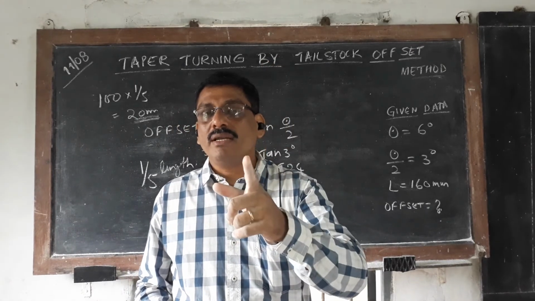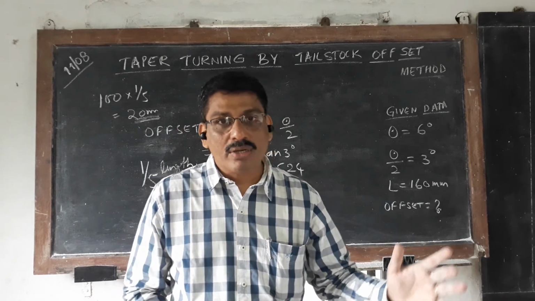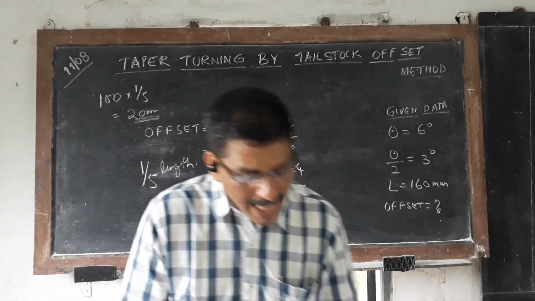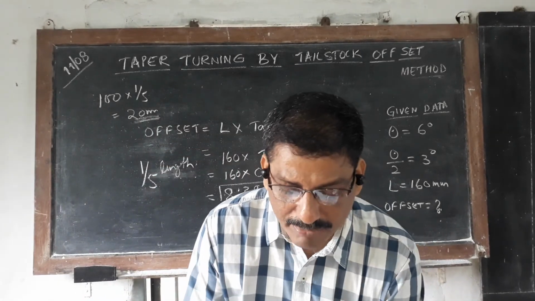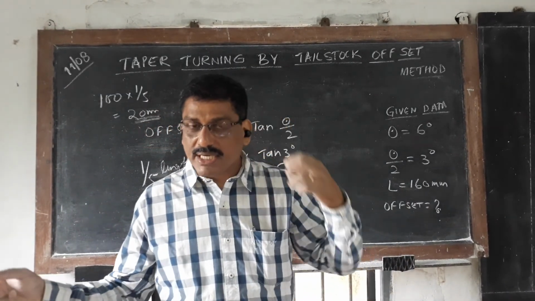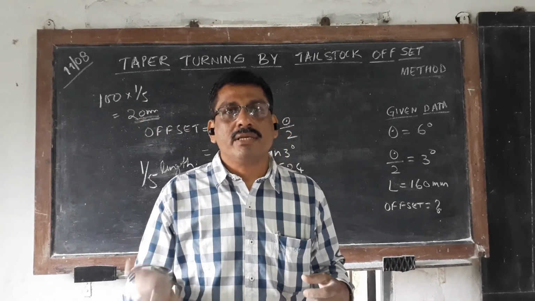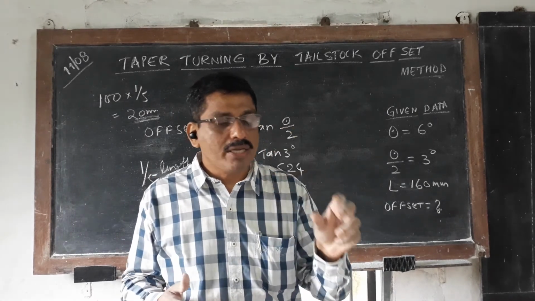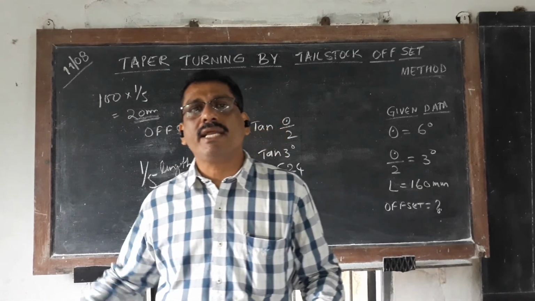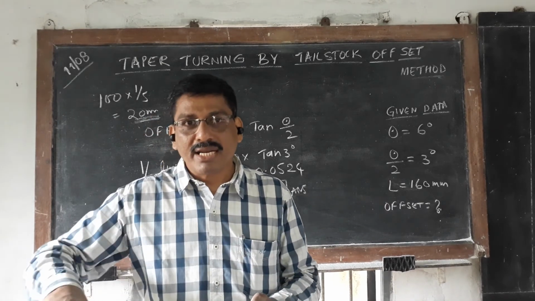Already I sent you one video, you might have observed. You have to take it backward manually, just put reverse and take it back. If you use this thread chasing dial, what happens is there are marks on it. You can do the first cut of thread cutting, then you can disconnect the half nut. But you have to set the reading in the thread chasing dial, then you can move directly by the carriage. Again you have to see the mark.